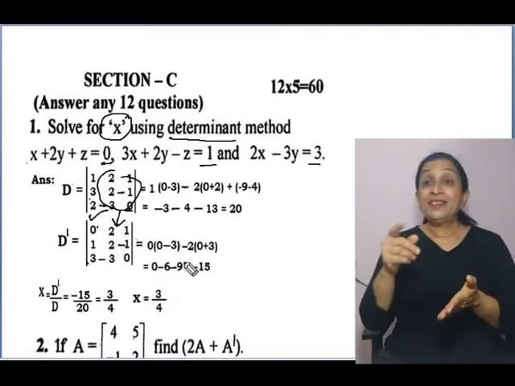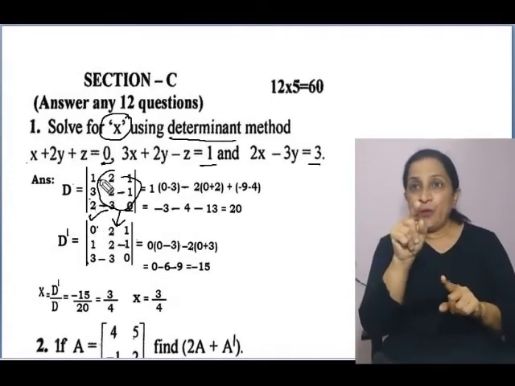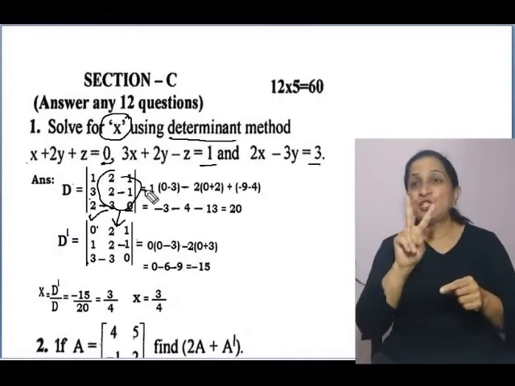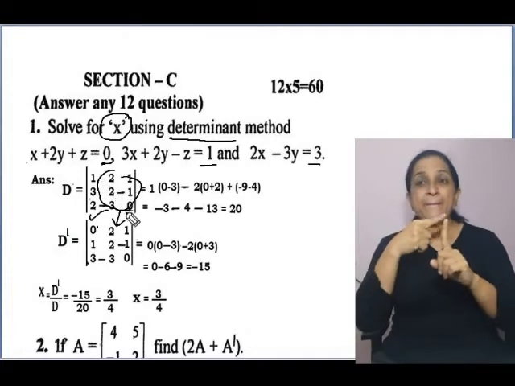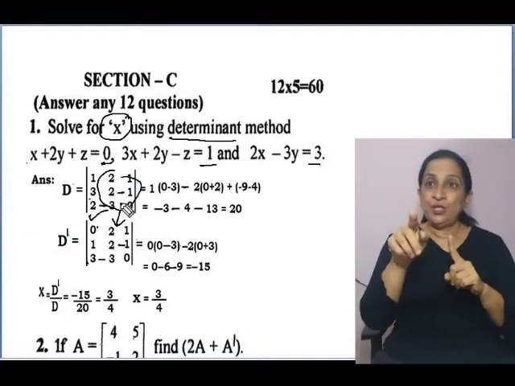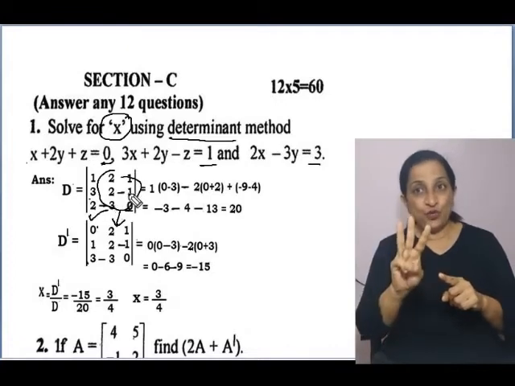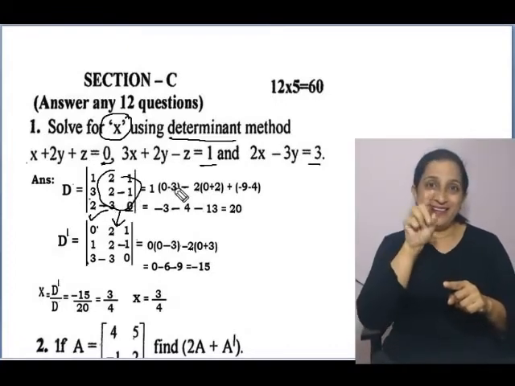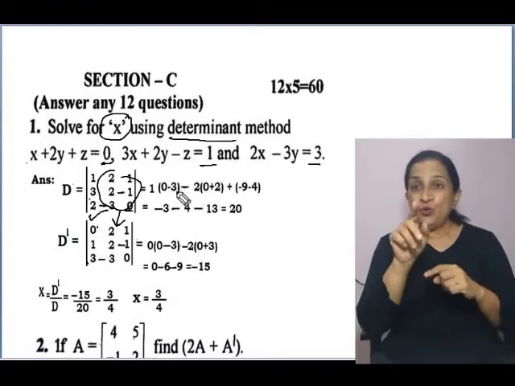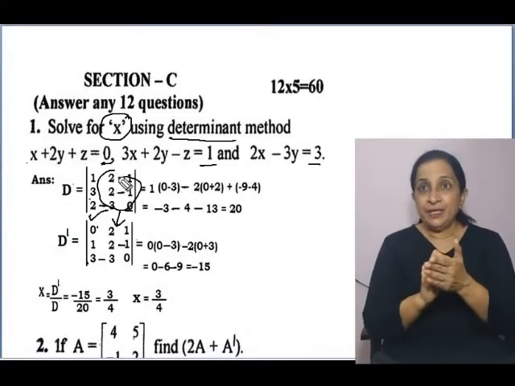Okay, then again solve the determinant. Solving the determinant, how do you do it? Take the first row, leave out the first row and take, supposing, element 1. Then you leave these elements and take this, that is 0 into 2, 0 here, and minus 1 into minus 1 is plus, minus 1 into minus 3 is plus 3, so it is minus of 0 minus 3. 0 minus plus 3 will become 0 minus 3. Then alternately it becomes minus plus, that you must remember. So next it will be minus.